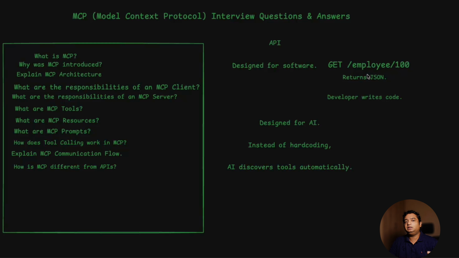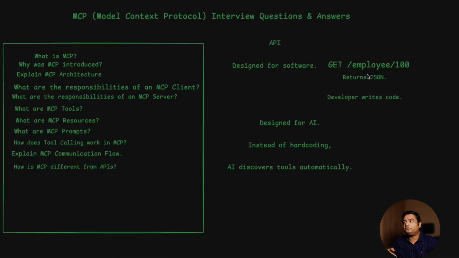But a normal API gets the input from the user. So eventually MCP also gets the input from the user, but MCP is responsible for giving the answer to the AI application. Instead of hard coding, like you want this API or you hit this API, we give the parameter to the MCP, and MCP decides which API to call. So the AI discovers the tool, but when we are using a normal API, then we have to discover the tool which has that API exposed. So there's a huge difference between the API and the MCP.